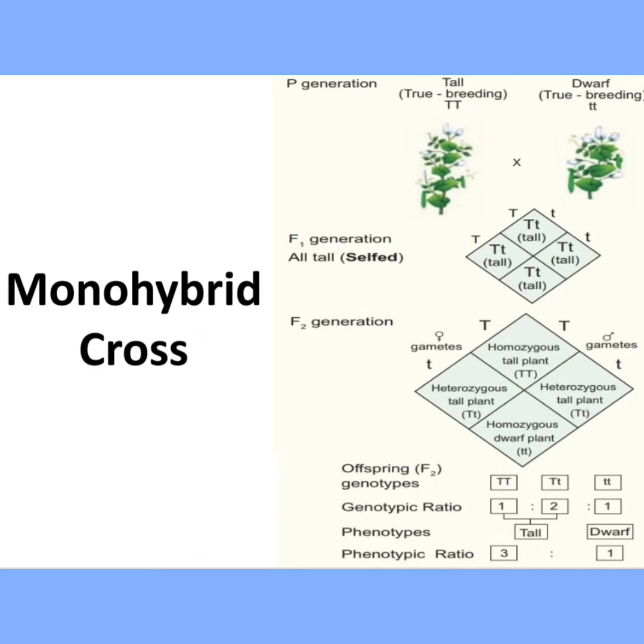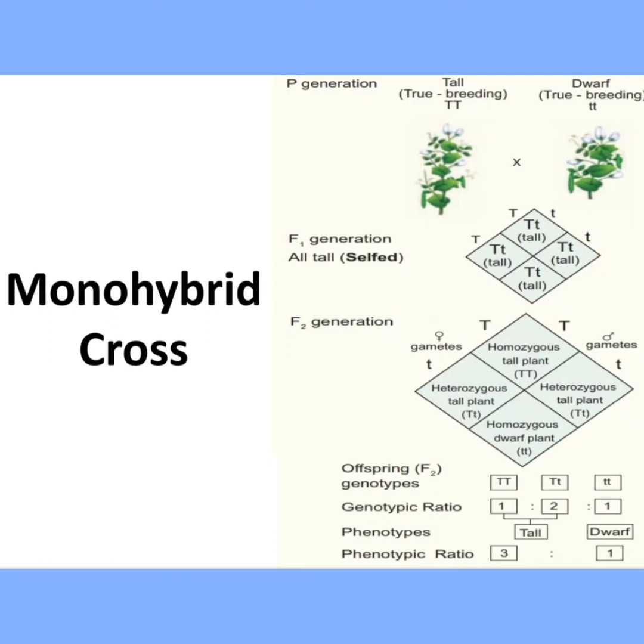a recessive character. By crossing these two plants, the F1 generation is obtained, and it is represented by the Punnett square or the checkerboard, where all the 4 plants that are obtained are heterozygous dominant with the genotype capital T and small t. In the F2 generation, when the heterozygous plants are crossed, you get 3 tall plants and 1 dwarf plant. Out of the 3 tall plants, 1 is homozygous, 2 are heterozygous, and the homozygous is represented as